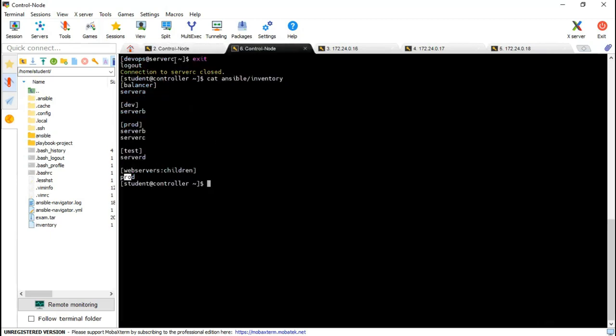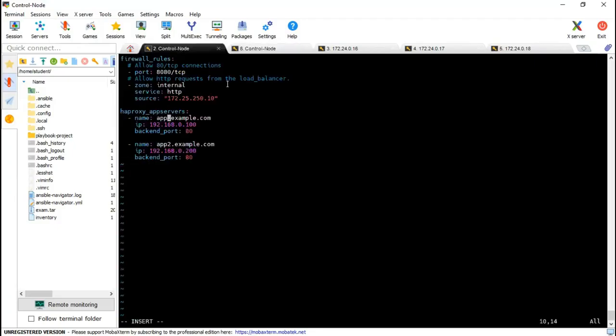Prod means server B and server C, right? So we need to change it to serverb.example.com and its IP address is 172.24.0.17, and server C, and the IP address.